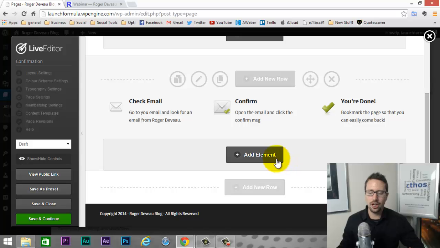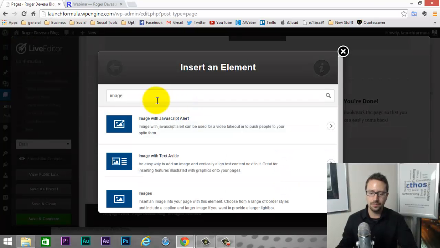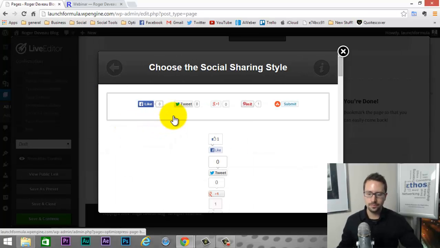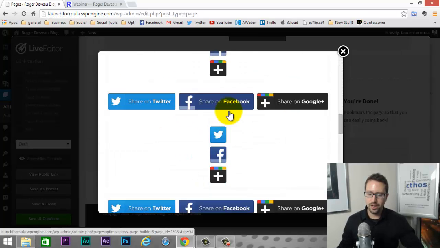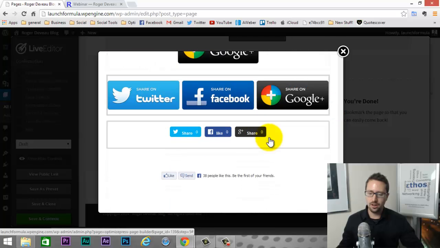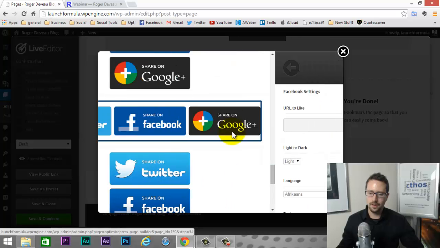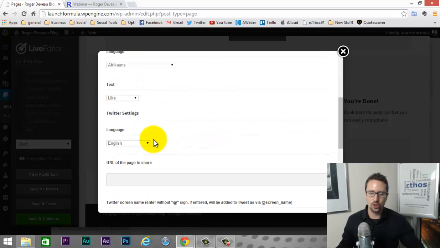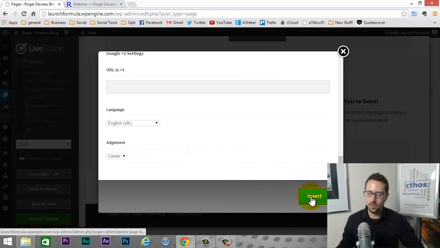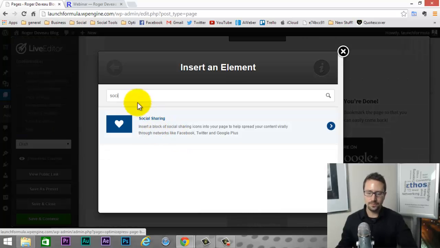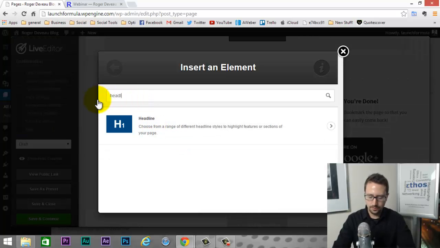You can put social share buttons. Again, you just hit add element, social sharing, and you go down here. You can pick whichever one looks good. Because we have lots of space, I'd probably use something bigger, like these ones here towards the bottom. And here's where you would just enter in your social media profiles and platforms, insert, and that looks right there. You can add a headline,